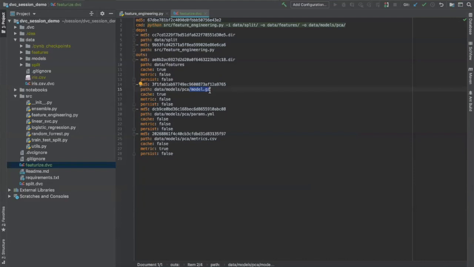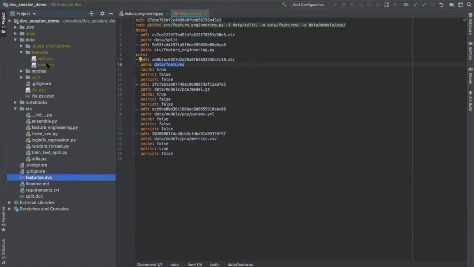Model.gzip is the zip of the model. Params.yaml is the parameters that are used to run this stage. Metrics is the metrics of the model. And finally, data/features is the features that you have to train the model on.